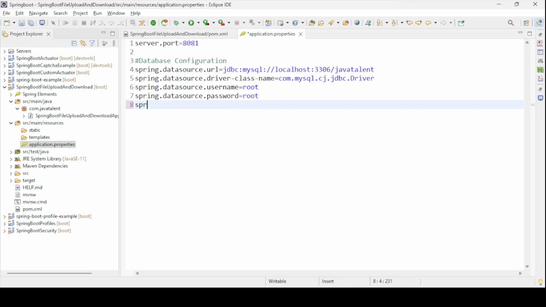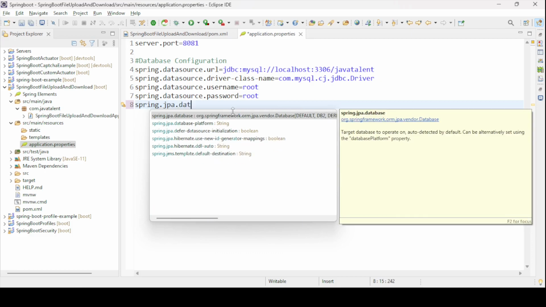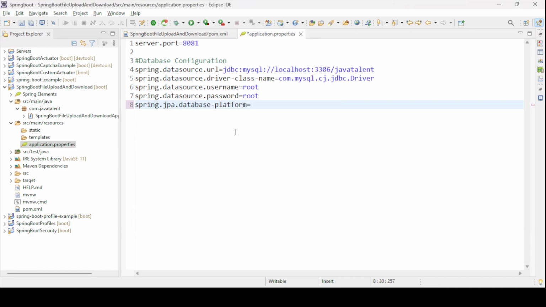And then the platform dialect we need to configure. spring.jpa.database-platform, so it will be org.hibernate.dialect.MySQL8Dialect,